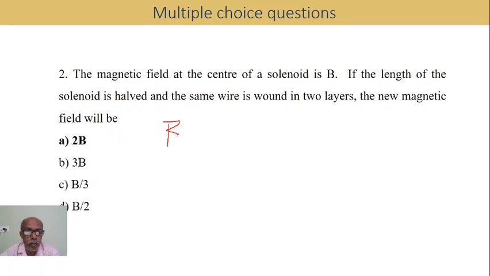B equals, we have mu naught N I by L. That is equal to, or similarly B dash equals mu naught into